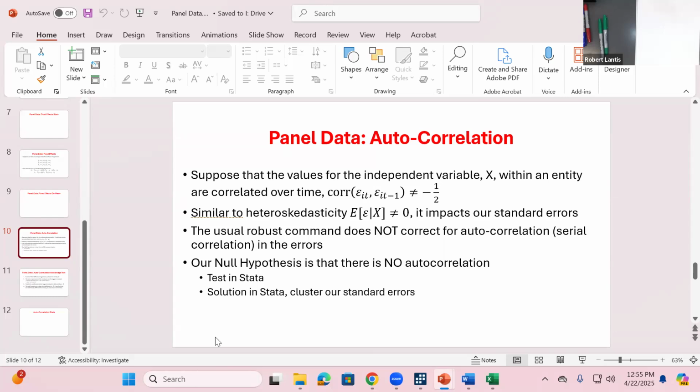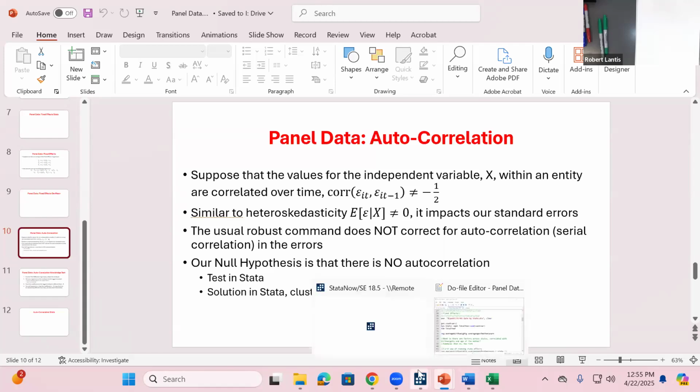So one command we can use to resolve this issue is not clustering our standard errors, but using what we call robust standard errors. We'll see what this looks like in Stata here, and how to test for whether or not there is autocorrelation. Okay, so